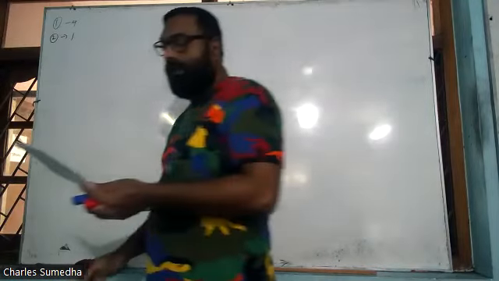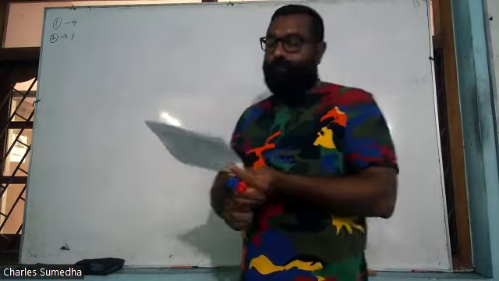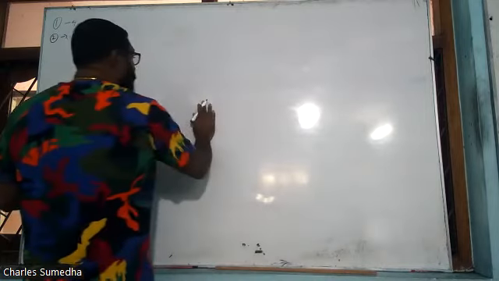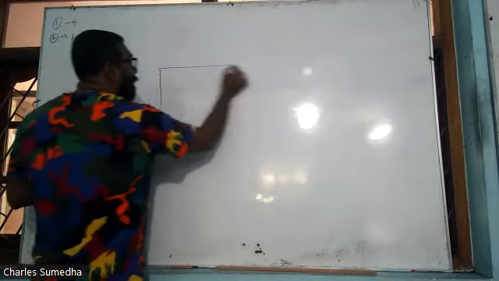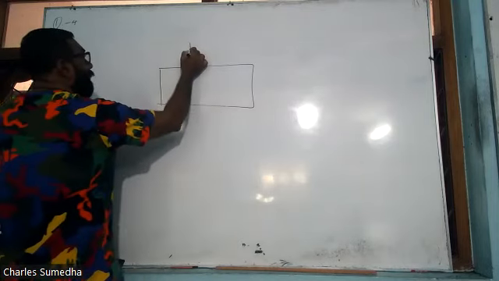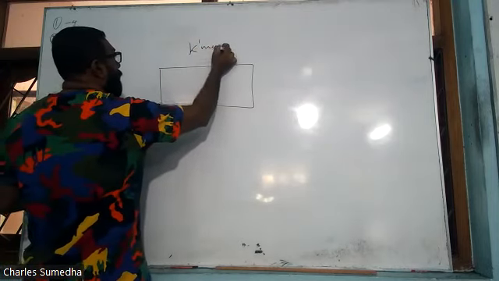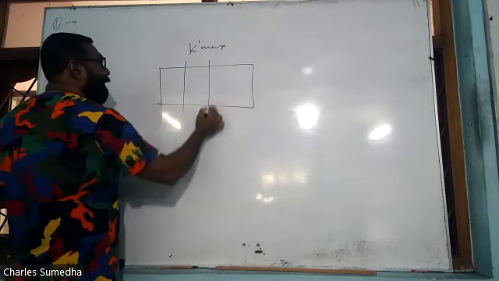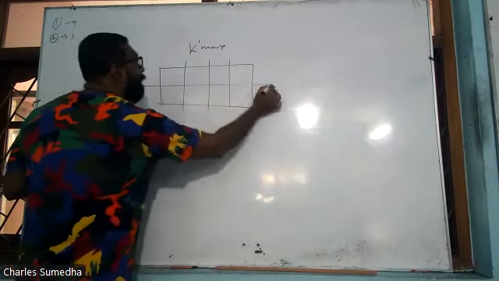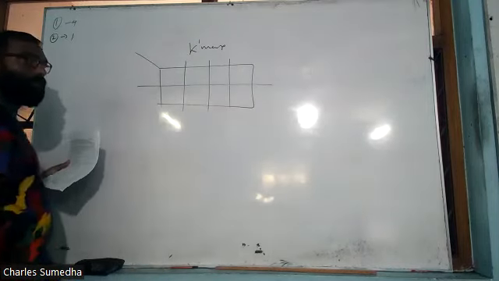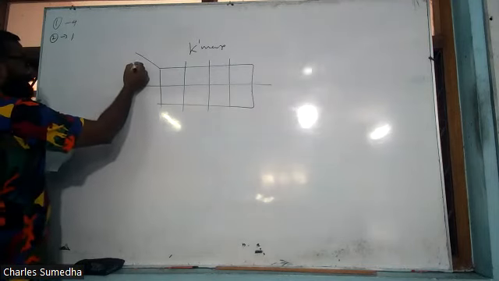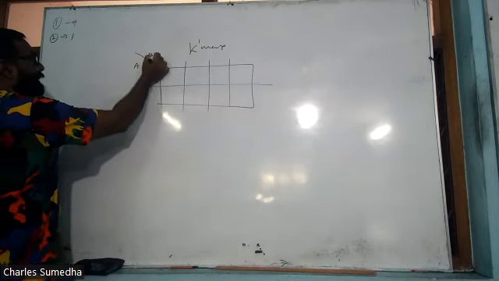Right. Then the third one, they have given a Karnaugh map, K-map. Why are we using a K-map? To simplify Boolean expressions. Here they have given three